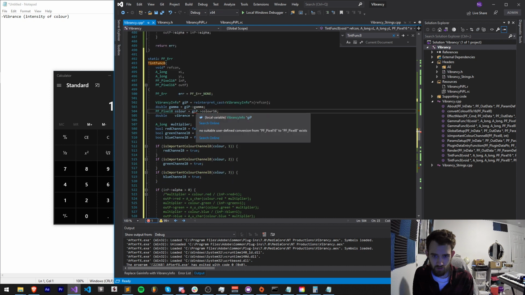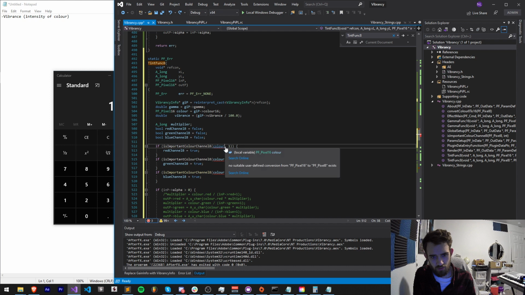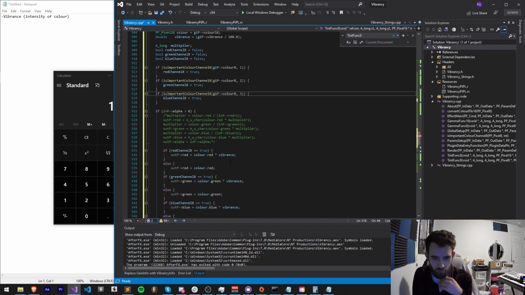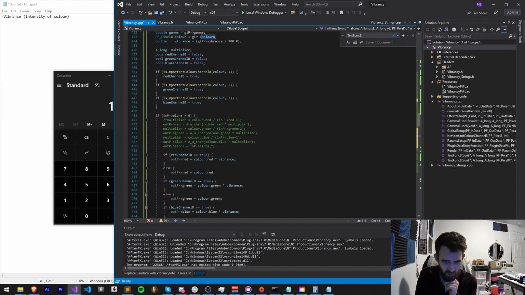What, you don't have color 16? Oh. We're actually going to need this code as well, which we can actually just use GIP color 8, which does exist. We'll use from a different, it just gives us the same data. And then